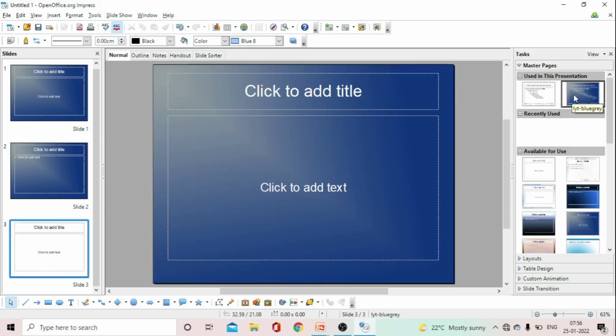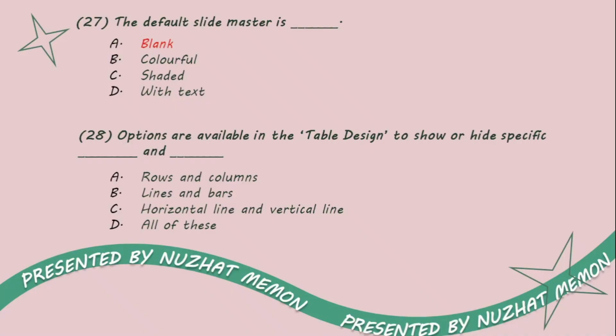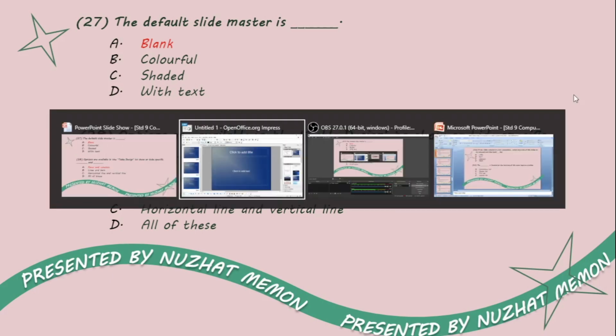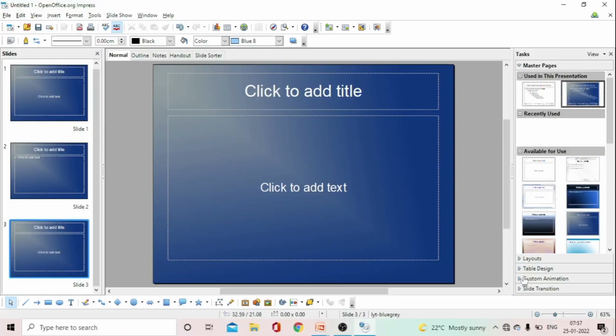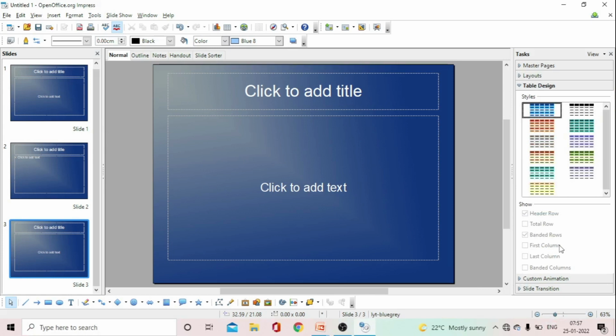Let's get back to our thing. Next, 28. Options are available in the table design to show or hide specific dash and dash. It is used to show specific rows and column. Let me show you this practically. Here in table design, now we are not having a table particularly here, but if we have, you can specify which column or which row you have to show or hide. Okay, so it can be done from this. Next,